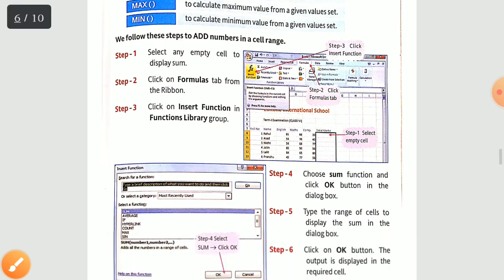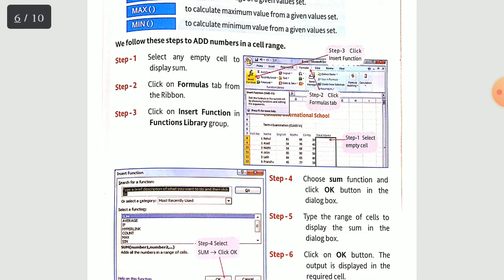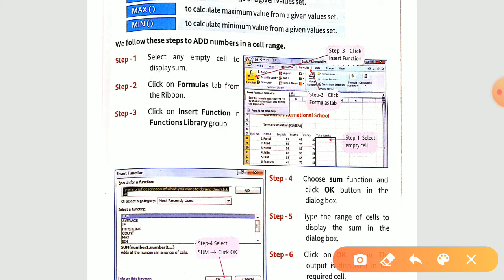Now, they have given simple fixed steps and they have taken only one function as an example. The function is addition. If you want to add some numbers, how you can perform this task using these statistical functions, we are going to see in this section. So step number 1 is what? Select any empty cell to display the sum. Firstly, you have to select the place where you want to print this calculated result. Right now in this example you are calculating the sum, you are adding numbers. That is why you have to select a cell where you want to place the total. Now step number 2 is what?